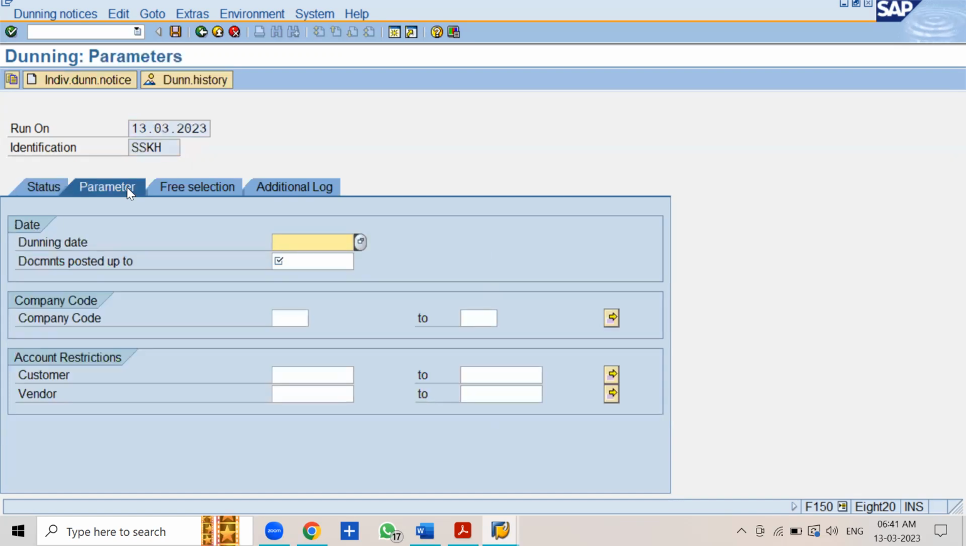Click on the Parameters tab. Dunning date 14/3/2023. Dunning date is 14/3/2023. I will tell you why. Documents posted up to 11/3/2023. Do one thing, dunning date 14/3/2023, right? Within brackets,